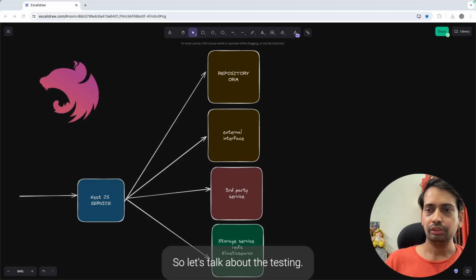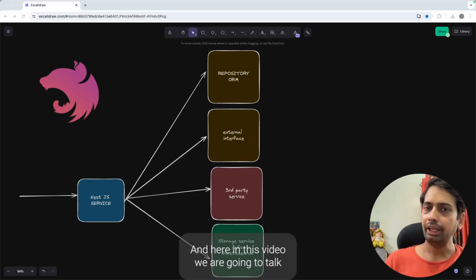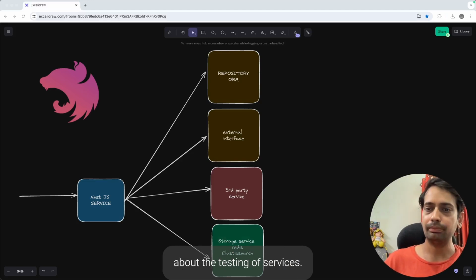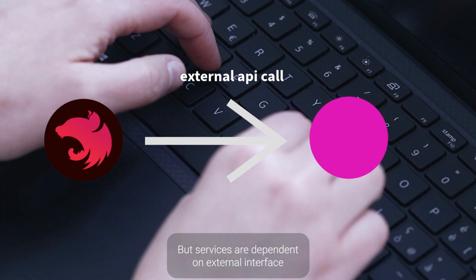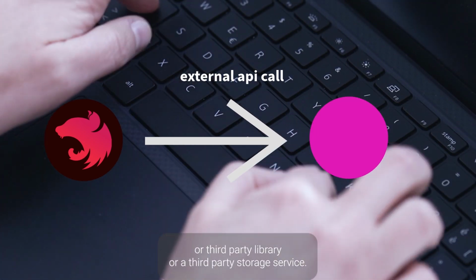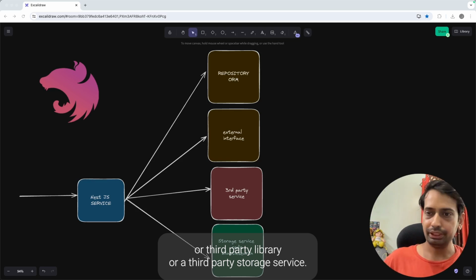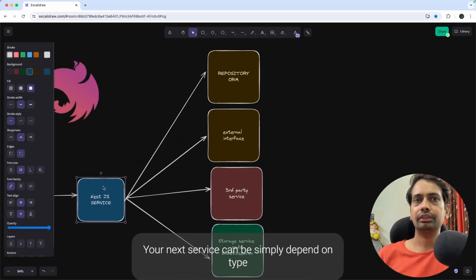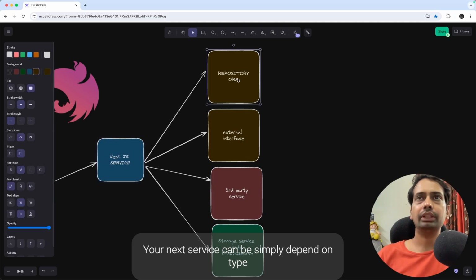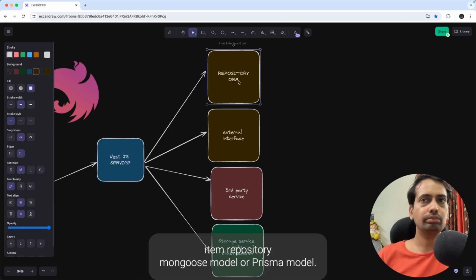Hi everyone, so let's talk about testing. In this video we are going to talk about the testing of services when services are dependent on an external interface, a third-party library, or a third-party storage service. So consider these examples. Your NestJS service can simply depend on a TypeORM repository, a Mongoose model or a